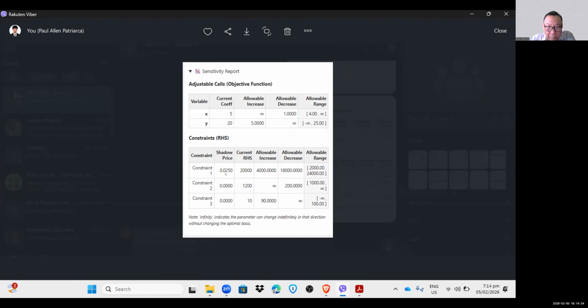Therefore, in order to further increase the number of rescued survivors, the constraint that we should consider was the budget. We need more budget for this. Right. So you need to read the allowable increase or decrease and the range. From the current value, plus and minus with that allowable increase and decrease, you will get the range. Okay. So far, very good.